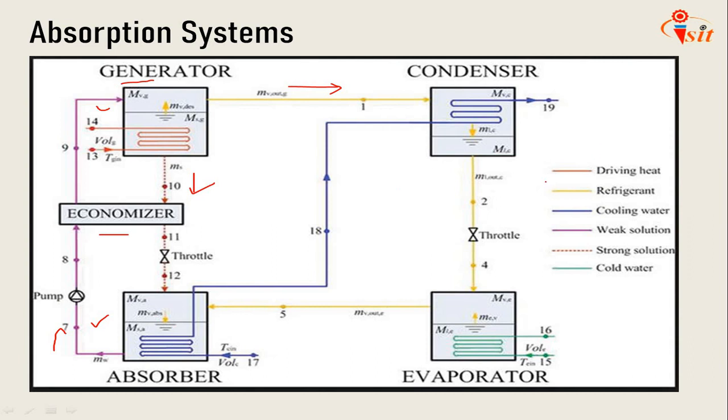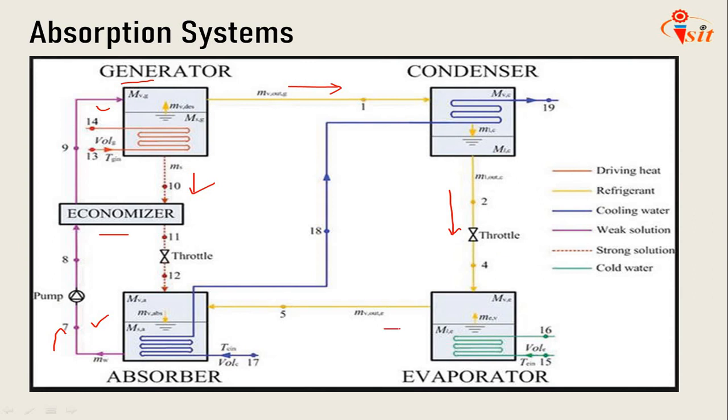In the condenser, the refrigerant vapor from the generator condenses. The heat of condensation must be rejected at the intermediate temperature level by the use of cooling water supplied from a cooling tower. So here the cooling water supply is also there for the condenser to cool. The refrigerant condensate flows back to the evaporator at low pressure through an expansion device or throttling device, and the cycle of the coolant then repeats.